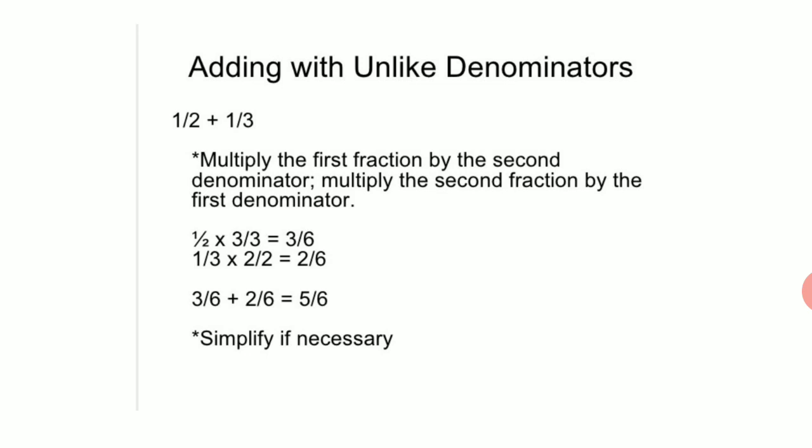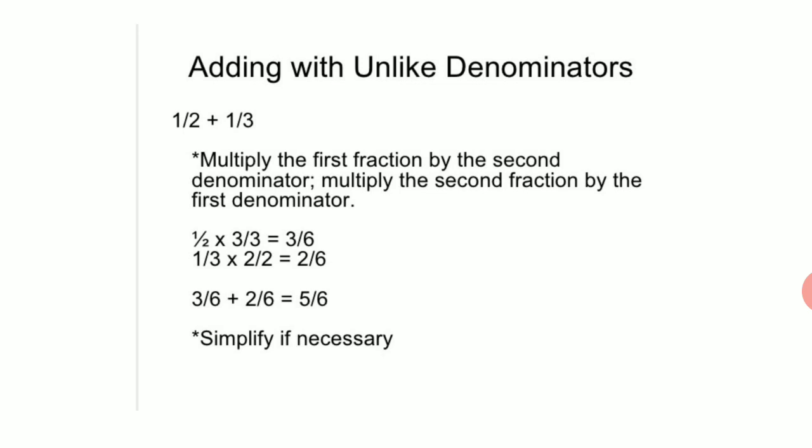Now since 1 by 2 is converted into 3 by 6 and 1 by 3 is converted into 2 by 6, we can see here both the denominators are already converted into like fractions. So now we only go for adding the numerators that is on the top. So 3 by 6 plus 2 by 6, the denominator remains the same in the answer as 6. 3 plus 2 gives you the answer as 5.